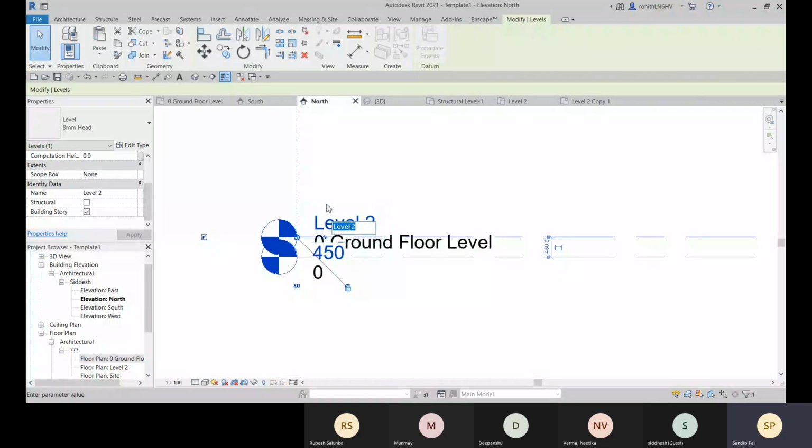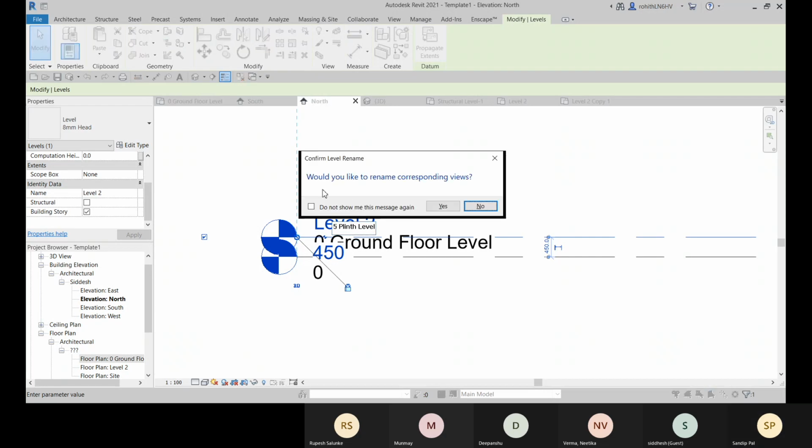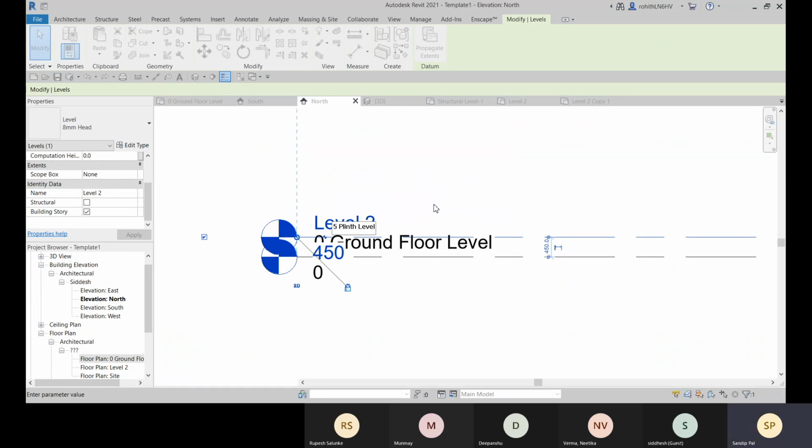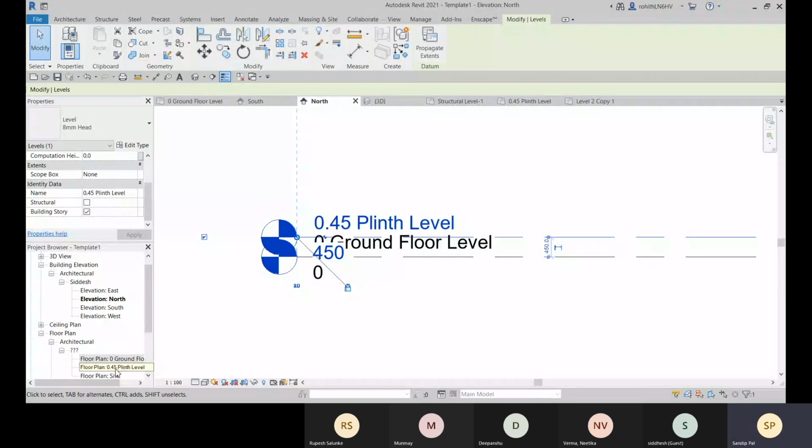And for this, we will give it a name like 0.45 plinth level and press enter. And it's asking for the renaming. So click on yes, and here it is renamed.